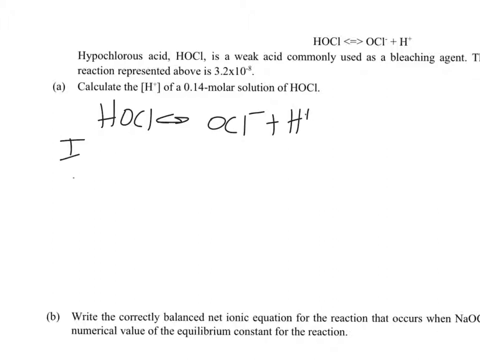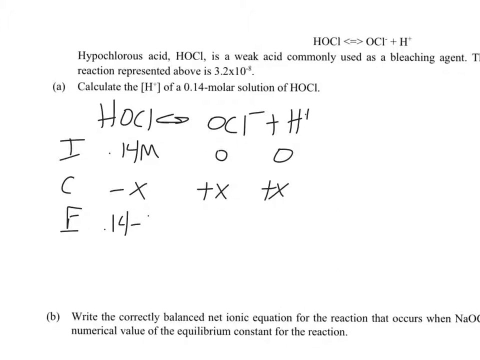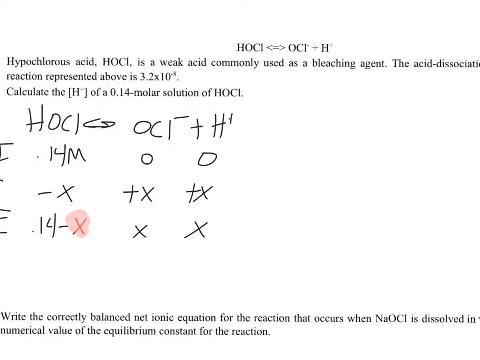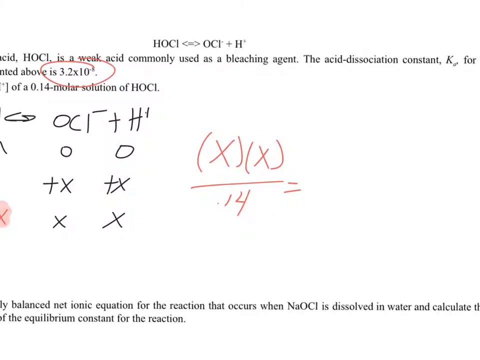Ice table, original concentration is 0.14 molar, 0, 0, minus X, plus X, plus X, so 0.14 minus X, X and X. We're going to assume that the X here is so small compared to the 0.14 that it's negligible. So when I set up the Ka expression, I get X times X, or X squared, over 0.14 is equal to the Ka, which was listed up above in the problem, 3.2 times 10 to the